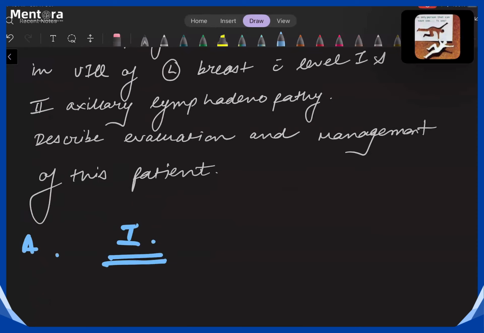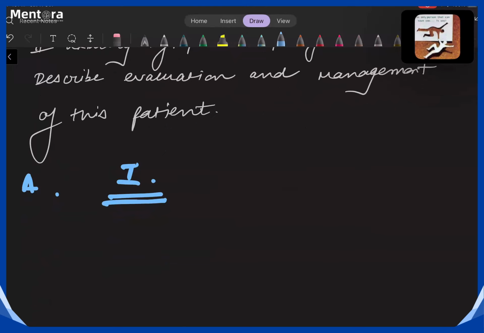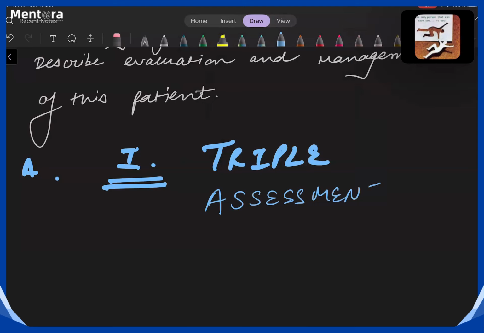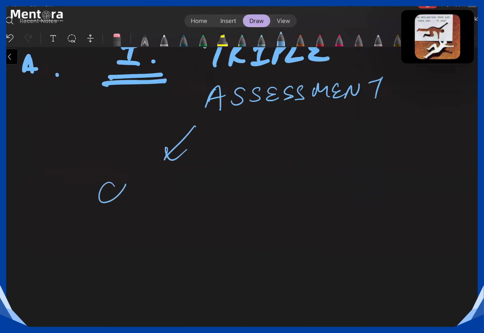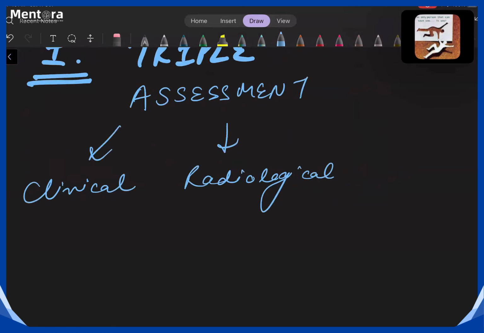treat it as if this patient has come to your OPD. What all investigation will you offer to such a patient? So, we all know that for any kind of breast pathology or a breast symptom, we usually go with triple assessment. So this triple assessment basically consists of 3 things. One is the clinical examination. So we have the clinical details of these patients. The second would be the radiological examination. And the third important one would be the tissue sampling or the tissue diagnosis.